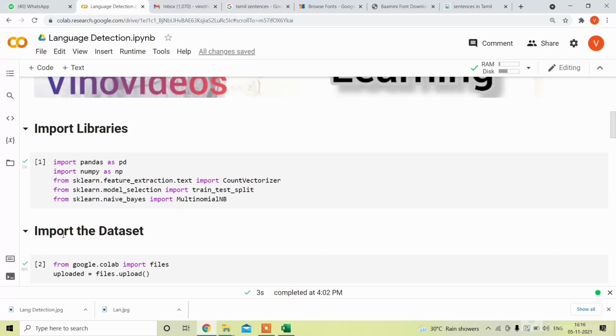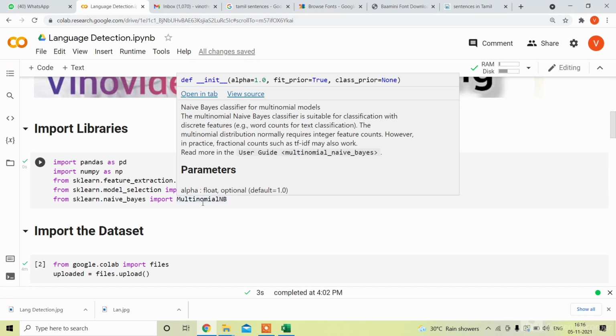The next term is train test split; we already discussed in a previous video what it means and why it is necessary. Next we use the naive Bayes algorithm, because this project is a multi-class classification, so to get a better result we use MultinomialNB.